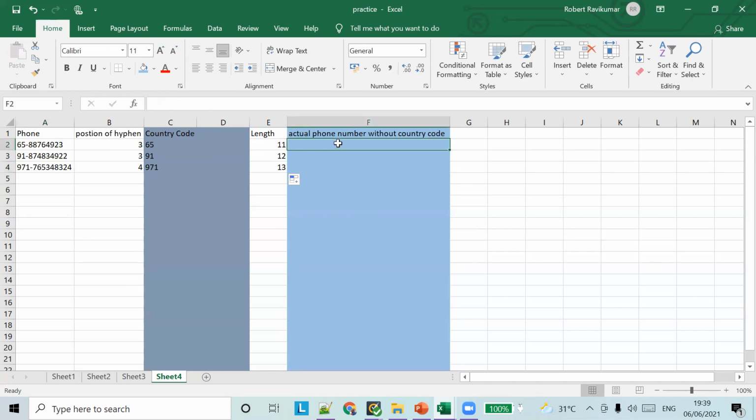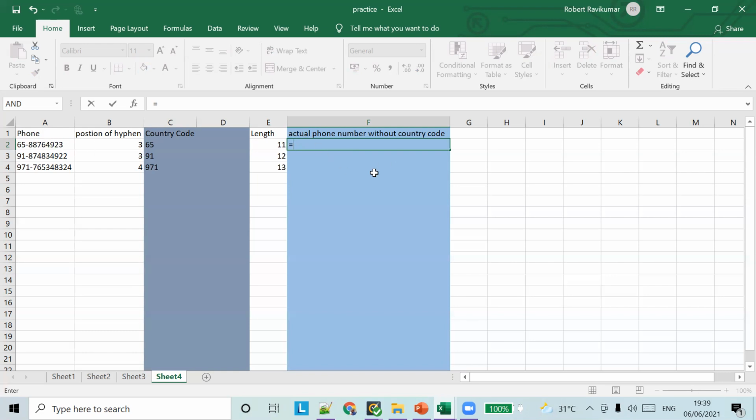Now things are going to be a bit complicated again. We have to find the characters to the right of hyphen, so we have to find 88764 to the right of hyphen.